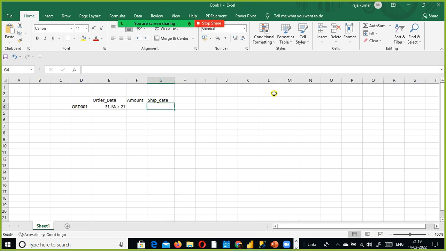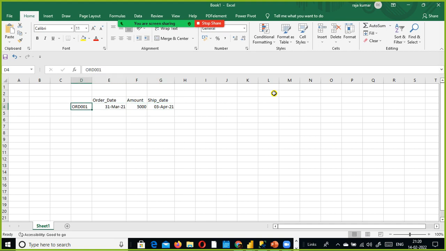The ship date is, let's say, the 3rd April. So in this case, what happened? The customer's bill amount is 5,000. The customer made the payment on the same date. The ship date is different.